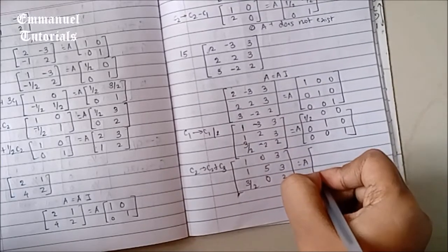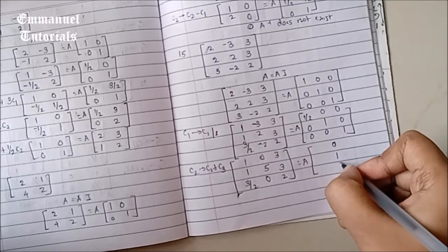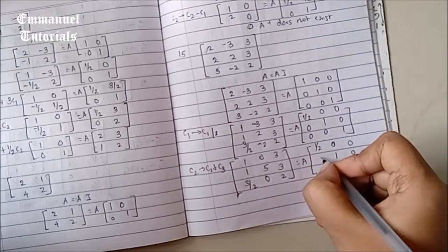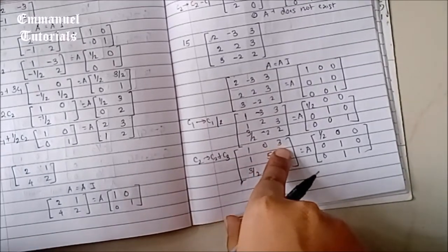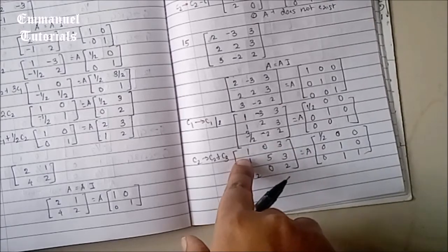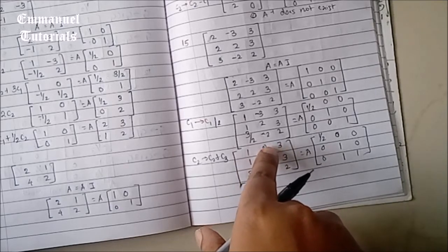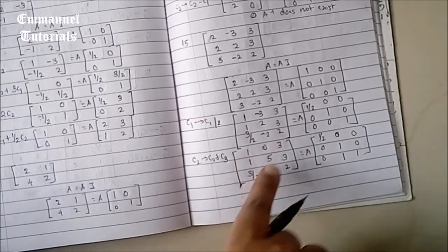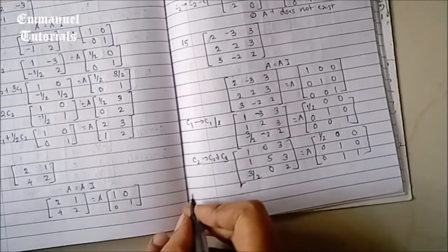Now on the RHS, you have 0 plus 0 is 0, 1 plus 0 is 1, 0 plus 1 is 1. So you have these on the RHS. Now we go to the third element. The third element is 3. To make it 0, what we can do is use the first column, because the second column doesn't have a value like from integers. So it is 0. We can use the first column. So we can say that C3 is C3 minus 3 times C1.